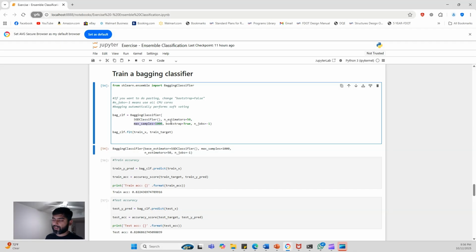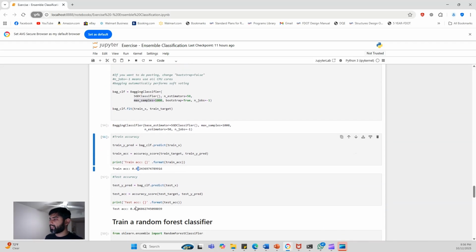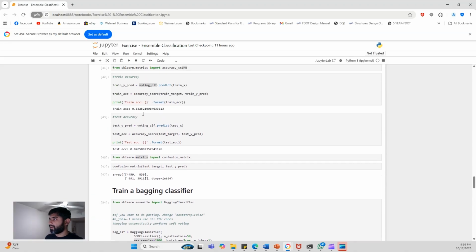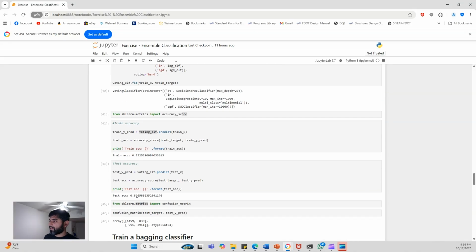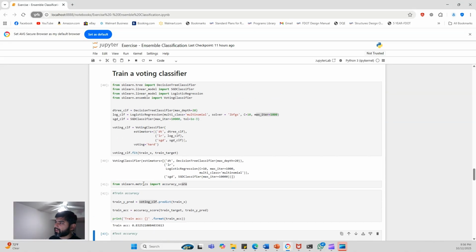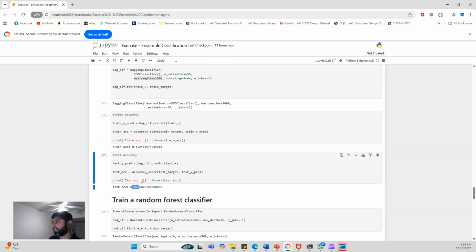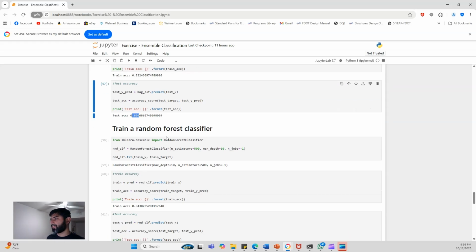How it works, we already discussed, and we see if the accuracy improves. In the train data set, it's 82%. In test, it's 82%. We got 82% in the test for the voting classifier, and we get 82% again in the bagging classifier, which is about the same. No significant improvement.